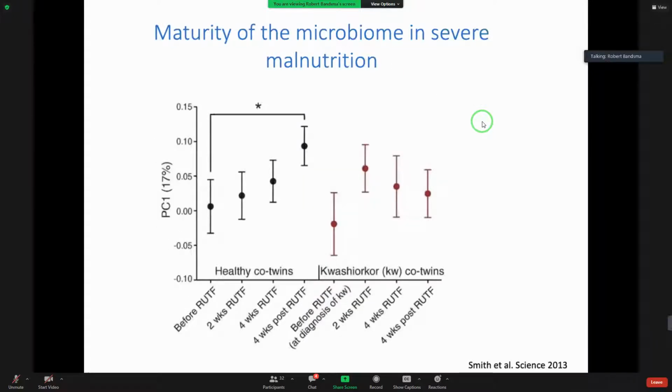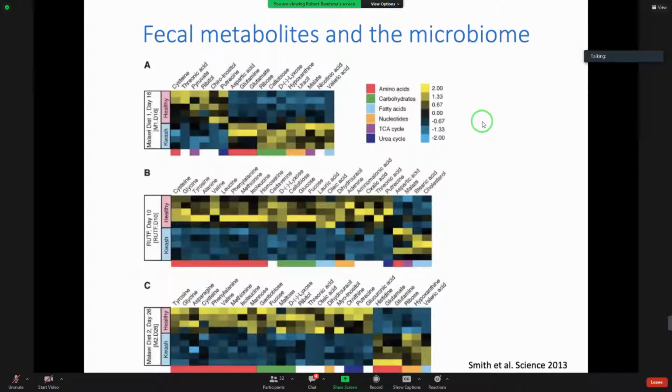They also looked at the maturity of the microbiome, which you can see here between the two, over the different stages. This was a marker of maturity of the microbiome, which basically is a measure of the diversity of the microbiome, because as a child and infant ages, the microbiome becomes more diverse. What you can also see is that with treatments, that maturity increases, but then also it seems to, although this was not significant, regress. And I'll show you something else later.